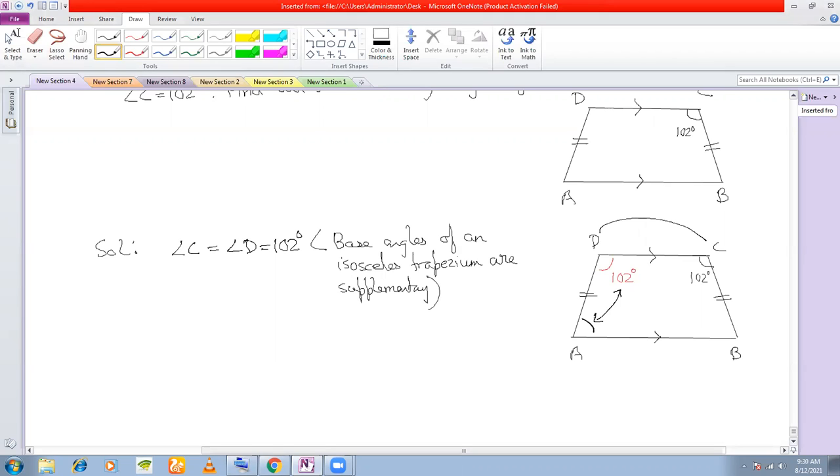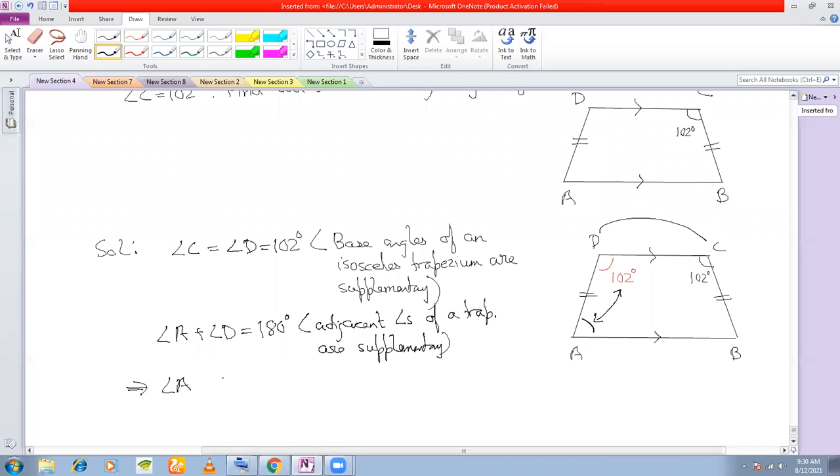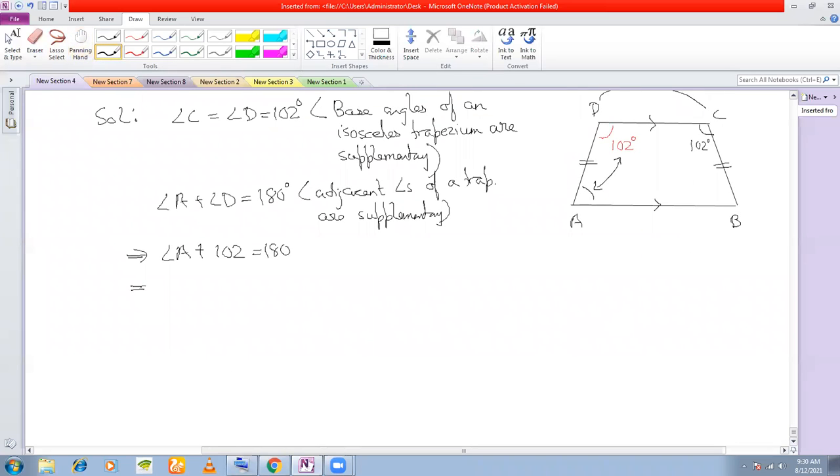Okay. Now what can you say? That these two angles, angle A and angle D, are adjacent angles. So angle A plus angle D must be equal to 180 degree. Why? Because adjacent angles of a trapezium are supplementary. Right? Now we have already found angle D above. What is its value? 102. Right? So that means angle A is